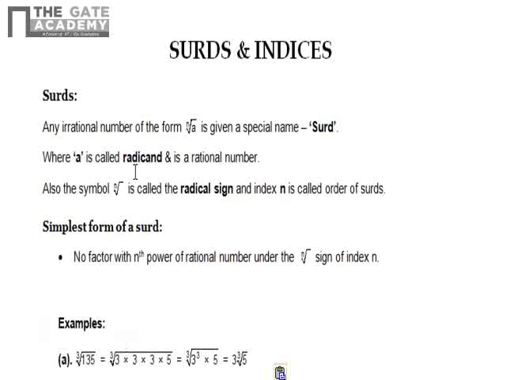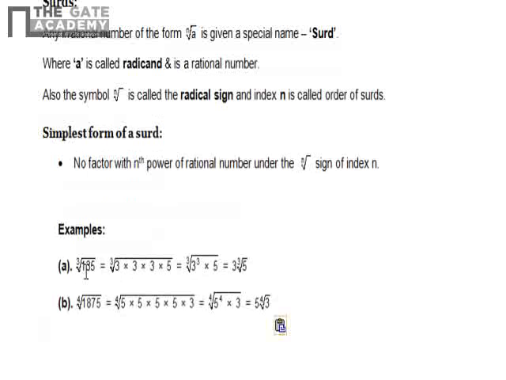We'll take these two examples. This is cube root of 135. If we simplify this, the factorization of 135 is 3 into 3 into 3 into 5. Then inside this cube root you will get 3 raised to 3 into 5. Now 3 raised to 3 can come out because it's a cube root, so it will become 3 and cube root of 5. This I can refer to as the simplest form of the surd. The next is fourth root of 1875. In the same manner we'll factorize 1875 and we'll get 5 and fourth root of 3.